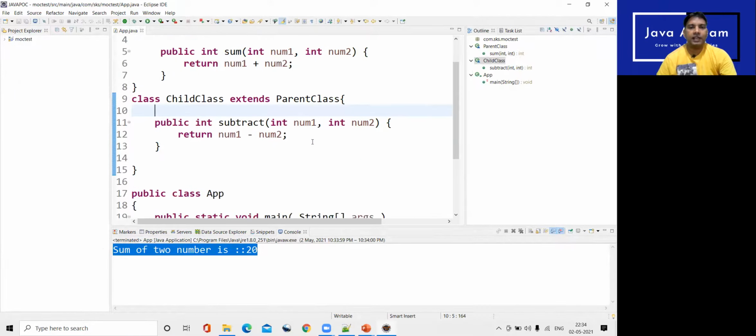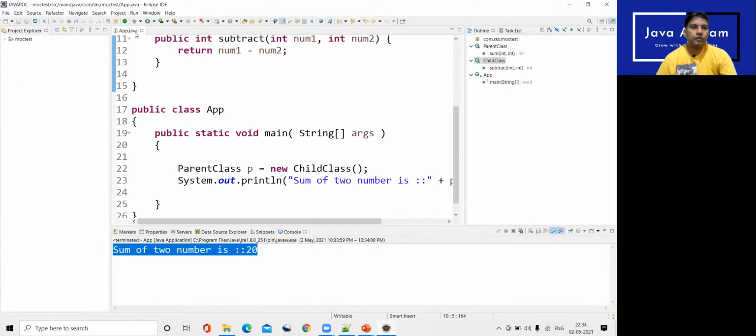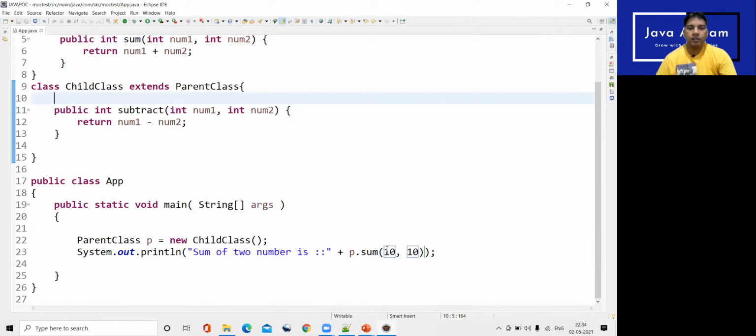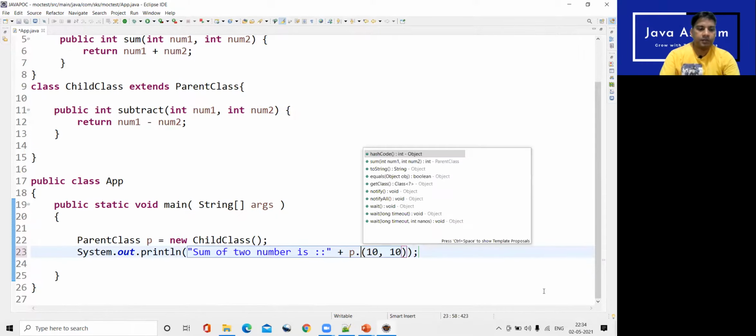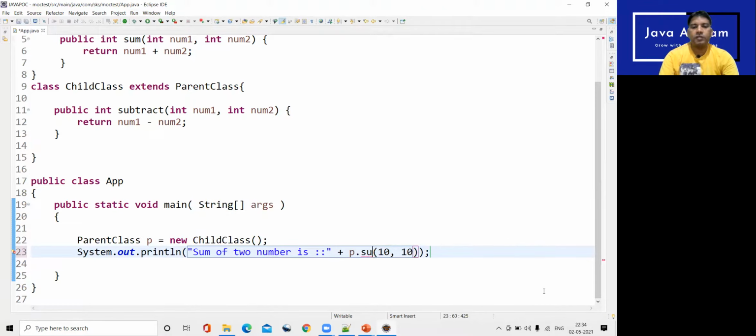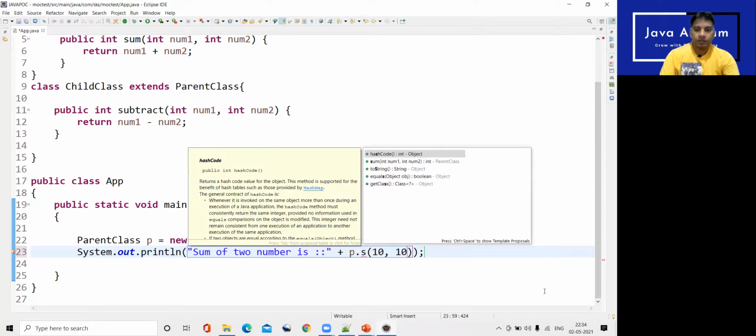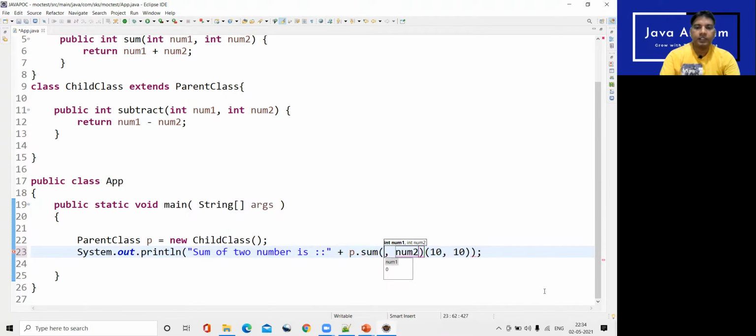Okay, if I am trying to call this subtract method, it won't come. There is no subtract method. So the limitation is, using the parent reference, you can call only the parent method.